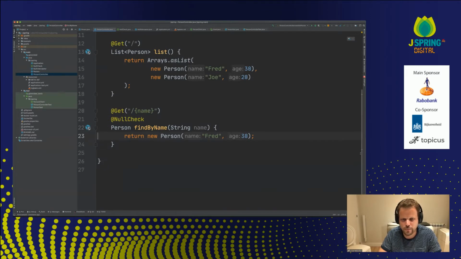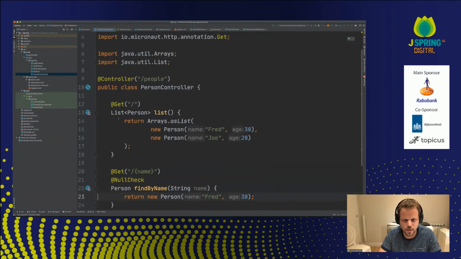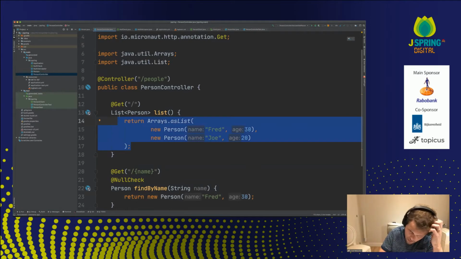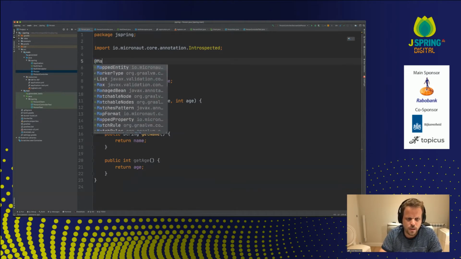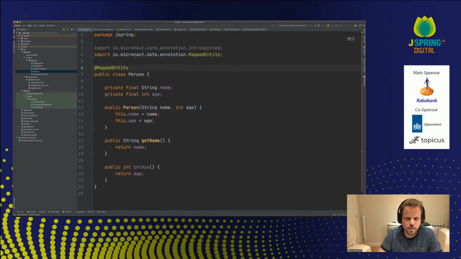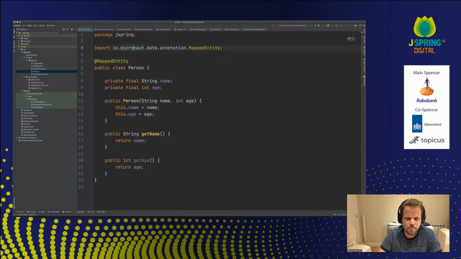Now, obviously, rather than just hard-coded lists and stuff like that, you typically want to involve a database. So Micronaut has a really great database toolkit, which can work with either JPA or JDBC, called Micronaut Data. So if I wanted to make this person entity a database mapped entity, I can just add a mapped entity onto it, like that.